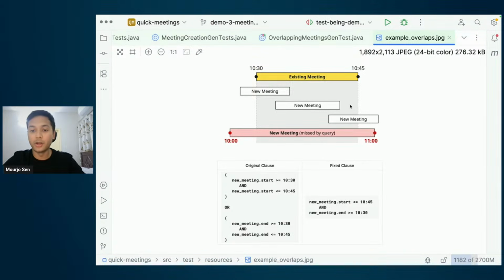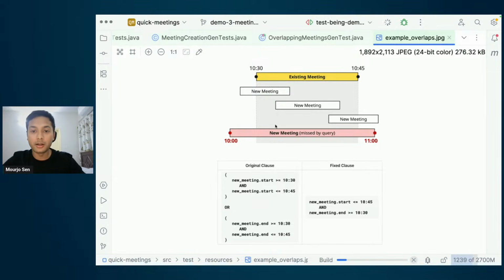But that is not true, because there is one case which is missed by my query: if a meeting starts before an existing meeting but ends after an existing meeting, it is still an overlap, but I miss that in my query clause. And that is a flaw in my thinking, and that was caught by this test. I would not write examples for it because I had a block in my mind, but my test did it. And that is the power of property-based tests, because they don't rely on my intuition. If I have some logical flaws, if I have some cases I'm not thinking about, there is something that is thinking about it for me, and that's really powerful.